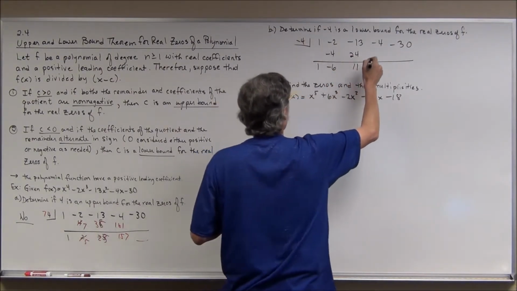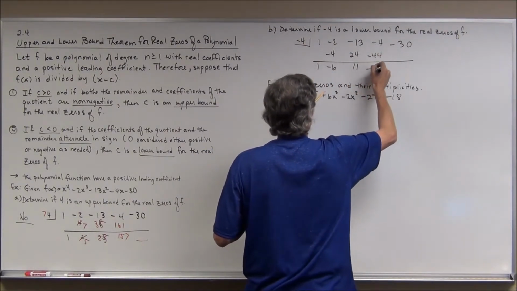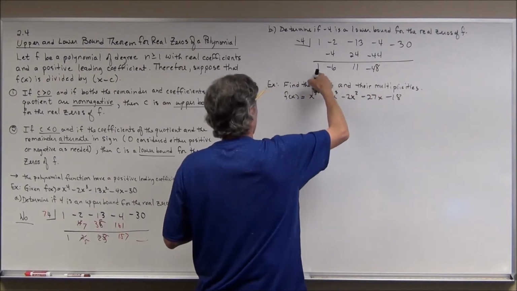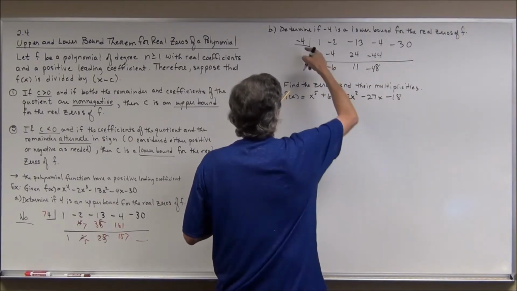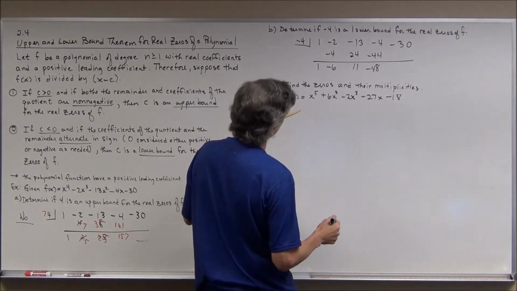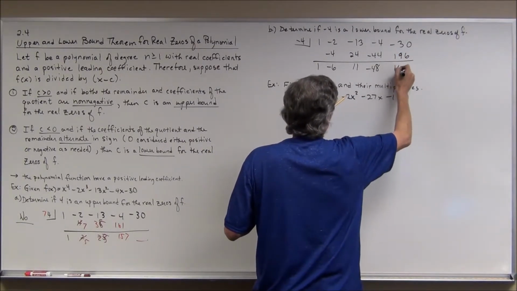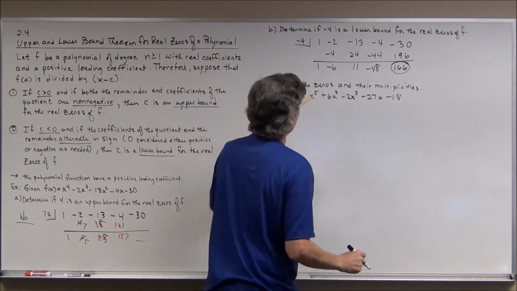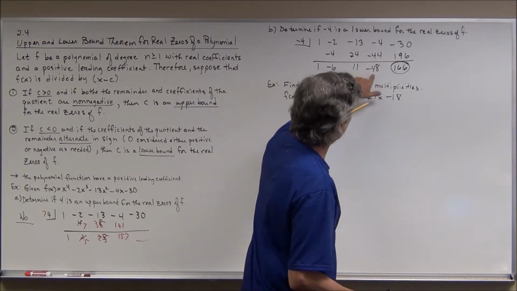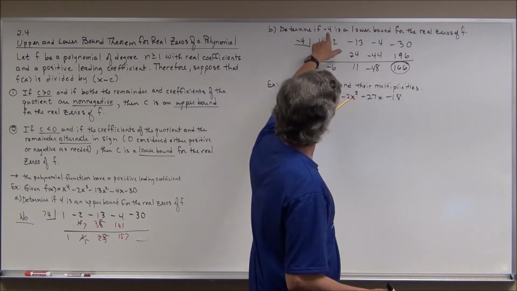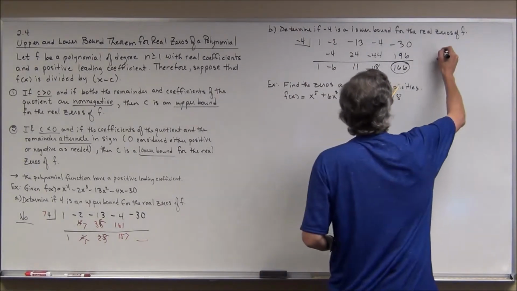Negative 4 times 11 is negative 44, so that gives me negative 48, still alternating, plus minus, and negative 4 times negative 48 would be positive 192, so that would give me 166. And that's my remainder, plus minus, plus. So negative 4 is indeed